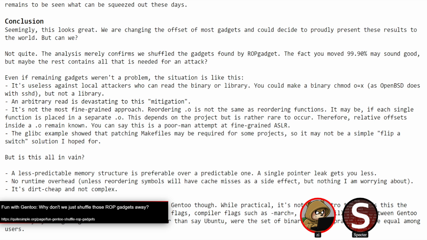Yeah, and in fairness to the post, I wouldn't rely on it as a strong shield or anything. It does add a little bit. They do mention there that a single pointer leak gets you less. It does do that. I don't think that really matters a ton, but especially in some setups, it actually could make a decent difference. But yeah, on the whole,